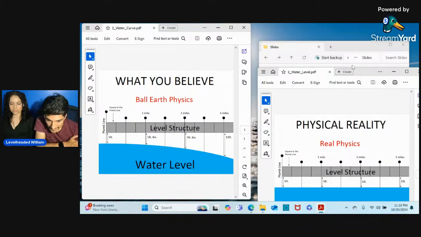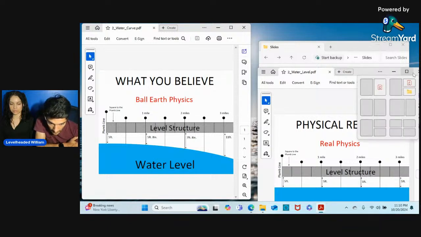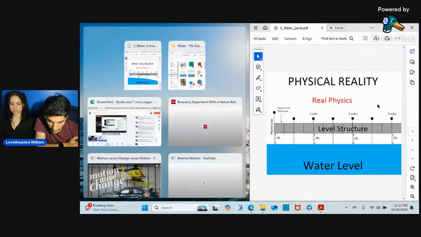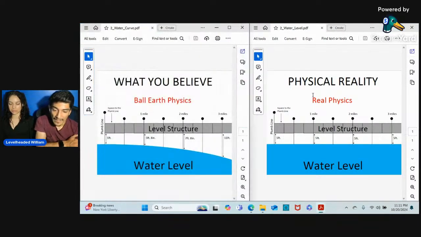So again, this is reality versus what people believe. There we go. So again, this is physical reality. This is measurable, testable, repeatable. But again,